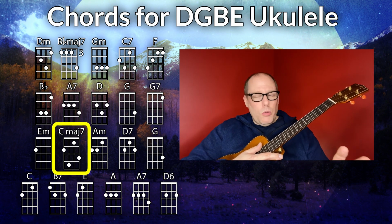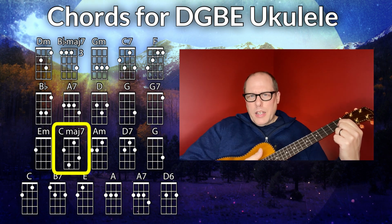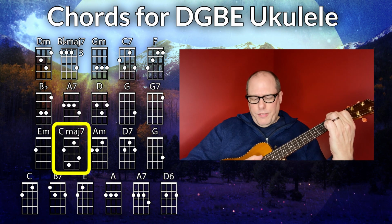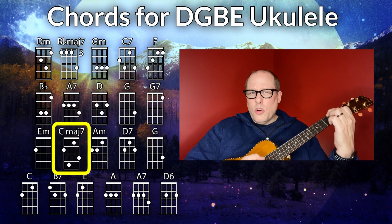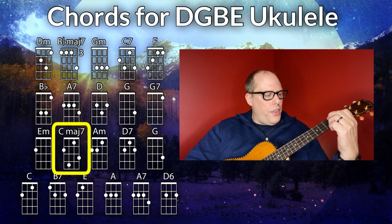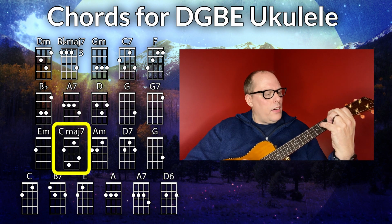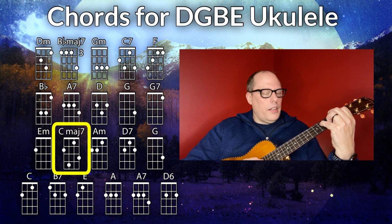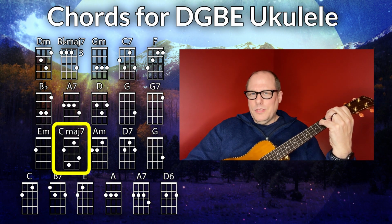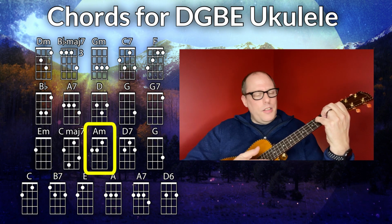But here's what it is. 1st finger goes on the 2nd string 1st fret. Try to get as close to the middle fret as you can for this one. 2nd finger goes to the 4th string 2nd fret, which is your normal C chord. Then your 3rd finger is going to go on the 1st string 3rd fret. So you've got these notes covered. And then your 4th finger is going to go on the 3rd string 4th fret. And you have to keep everything in place to make that one work. That's the tough one. Then you've got your A minor chord,